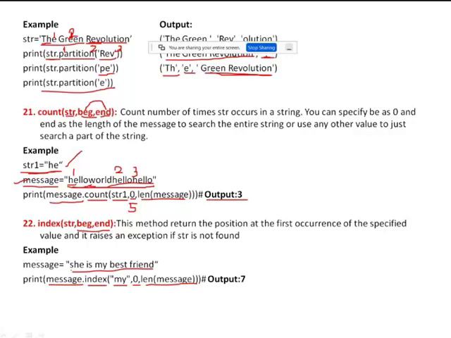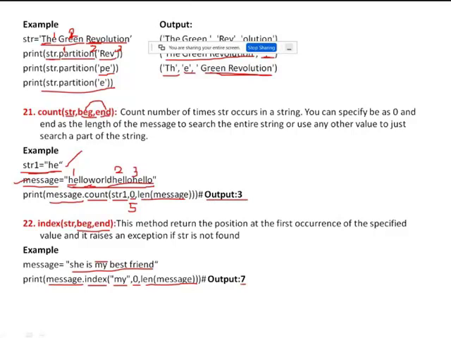The index starts from 0: 0, 1, 2, 3 space, 4, 5, 6 again space, and 7. So from the 7th index this substring started. This string has 2 characters, but it will return the first character's index value as the output, that is 7.